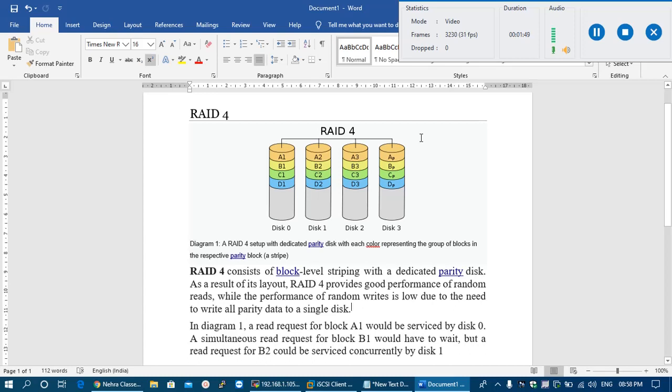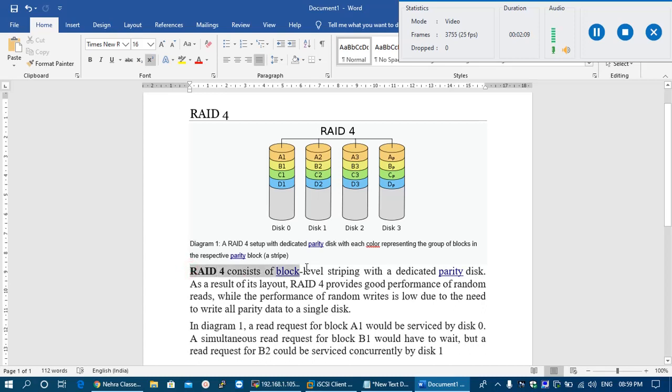We need at least 3 disks to configure the RAID 4. In this diagram, disk 0, disk 1 and disk 2 are used to store the data, while disk number 3 is used to store the parity.